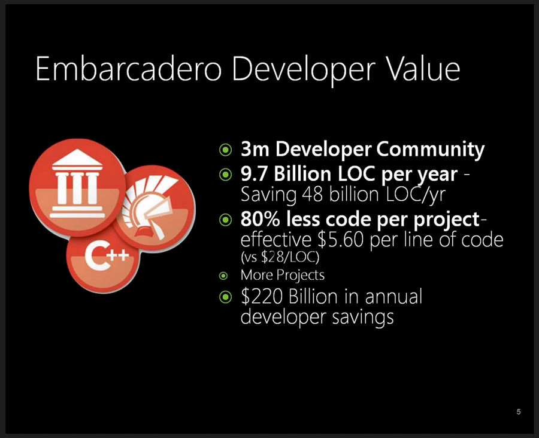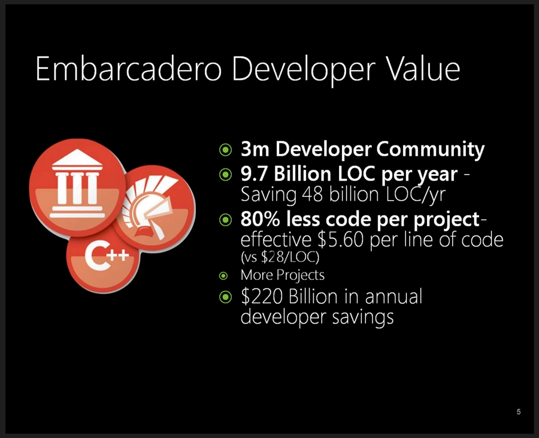early Borland days, is that we help our developers spend less time writing code and deliver faster applications to market. Our developer community, including Delphi developers and C++, is about roughly 3 million developers. So out of that 15 million lines of code, or billion lines of code, there's about 9.7 billion lines of code being written by